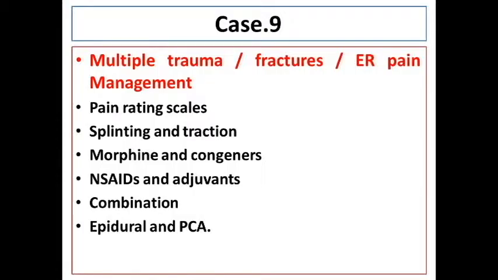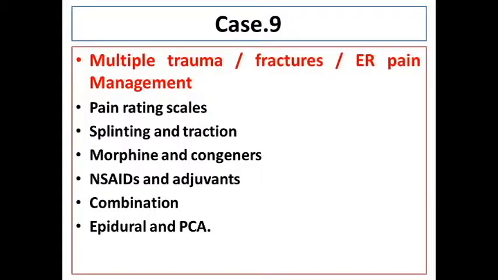Now, it's very important to manage the pain of trauma very effectively, to increase the comfort, to decrease the morbidity, and to improve long-term outcomes, because it has been shown that if trauma pain is not resolved at the earliest, then there might be certain side effects which may result in chronic pain, in psychosocial behavioral problems and other problems at a later time. So the drugs that can be used may be non-steroidal drugs, it may be the weaker opioids like tramadol, it may be the opioids, it may be also the adjuvants. So it depends upon the amount of pain and also the relief of pain obtained.